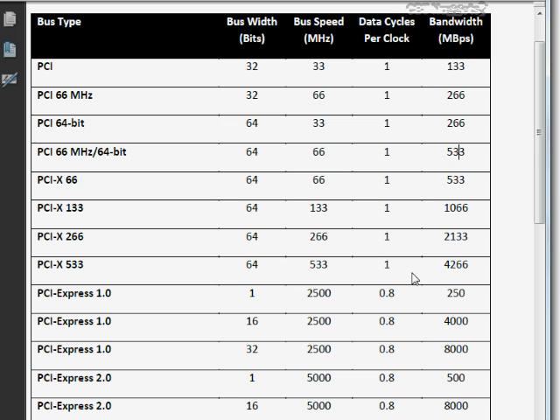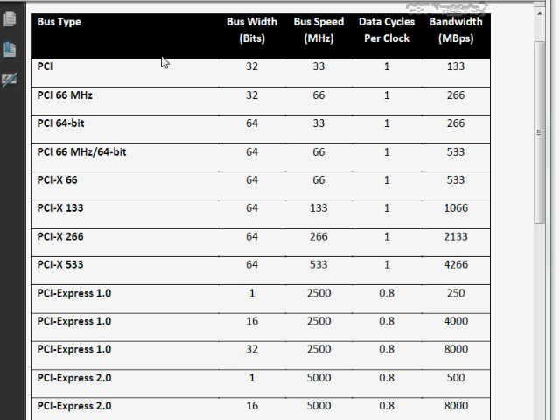But what you do need to know for A+ exam objective purposes is, at least in generalities, whether PCI is faster or slower than, say, PCI Express. You need to know those kinds of basics. The trickier part is if you're looking at PCI-X at 66 and then something else like PCI Express 2.0 down here; they're real close in speed, so there you might need to make a little more of a distinction. I still don't think you have to memorize this whole thing, but at least have a general idea of which kinds of bus types are faster than others.